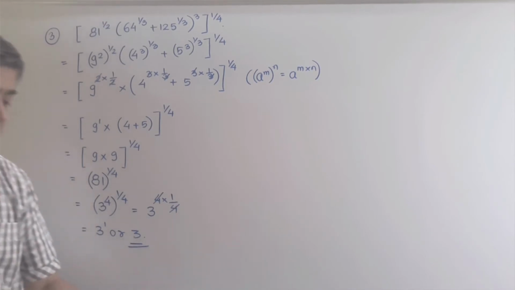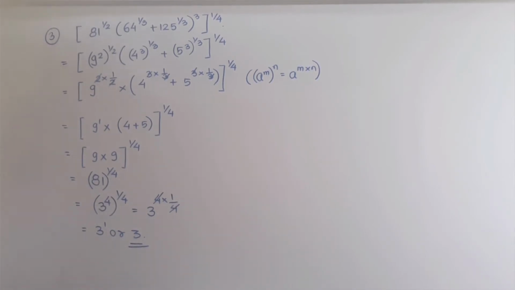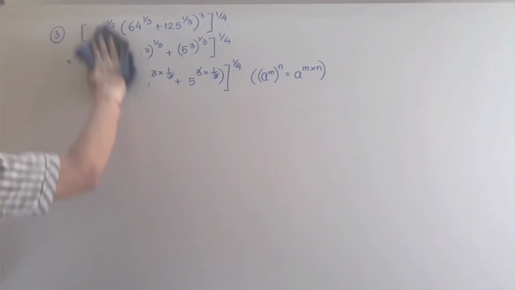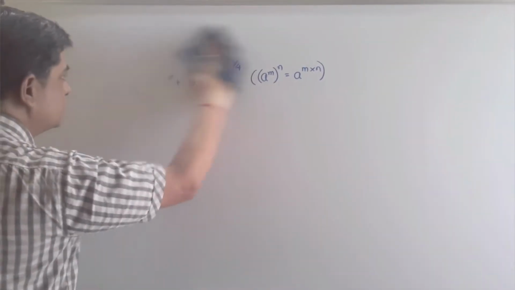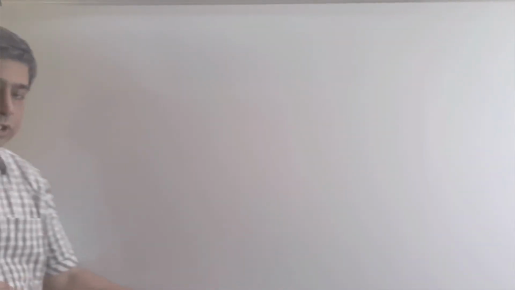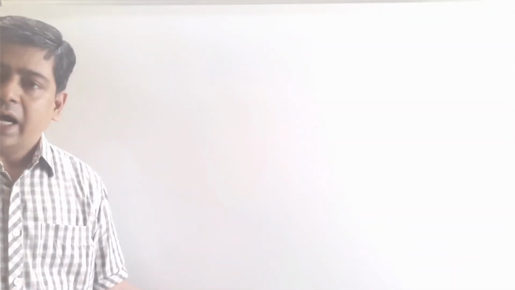Okay. Now let us see the question number 4. In the fourth question, again the questions are given of rationalization. So see, students, these questions are frequent to come. You are always advised to solve the questions of rationalization by your own. Some more questions you try. I will try to give you the homework as much as possible of this kind of question, but you also try some questions by your own. Okay. Now I am writing the question number 4.